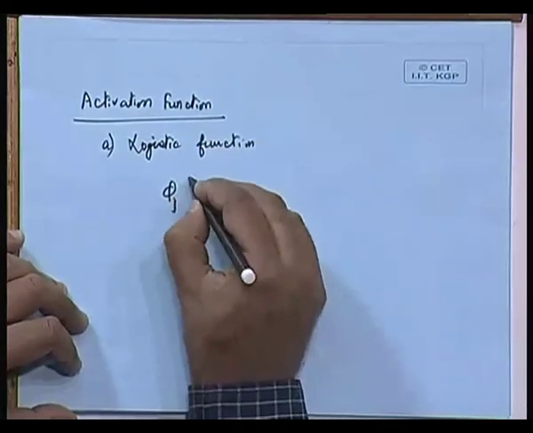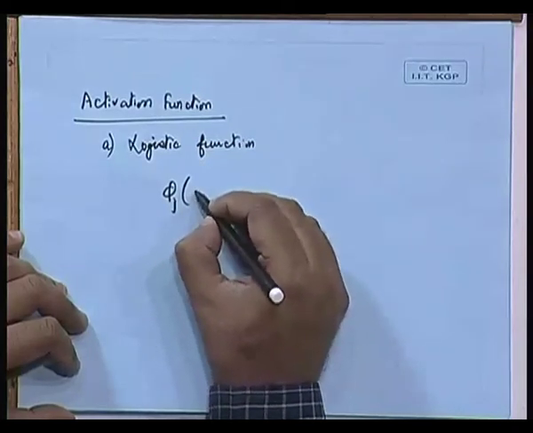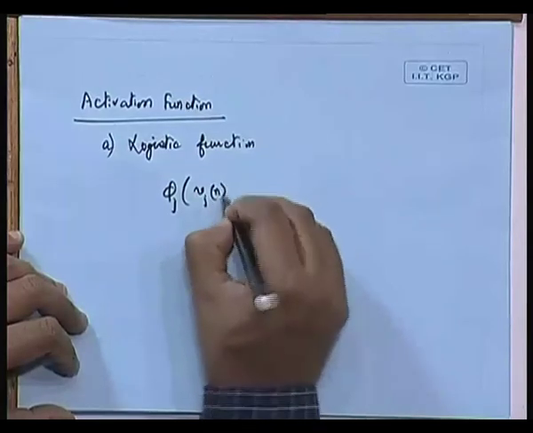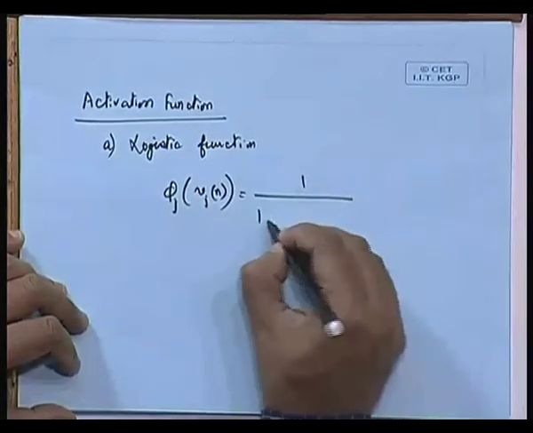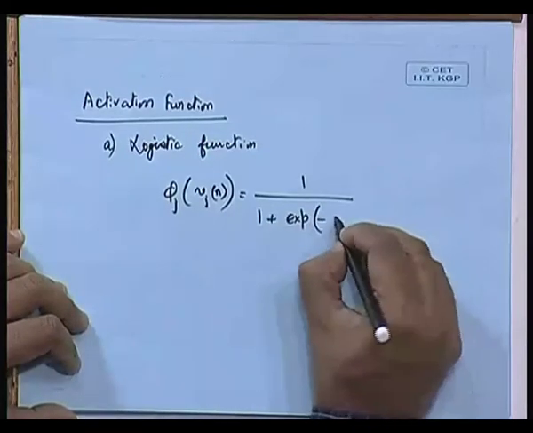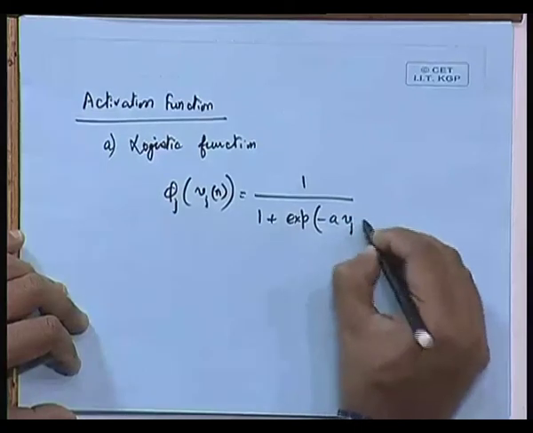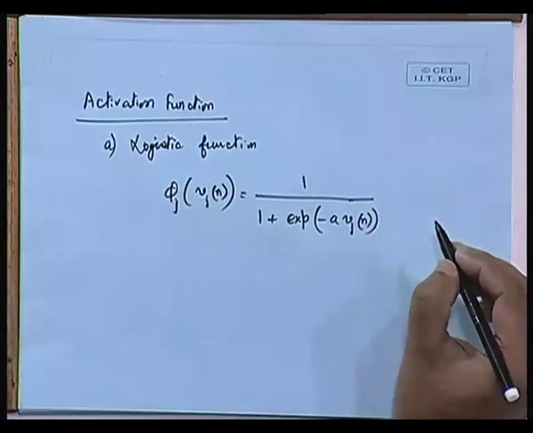Since we are considering neuron j, the logistic function phi j as a function of Vj of n is going to be 1 by 1 plus exponential to the power minus a times Vj of n,